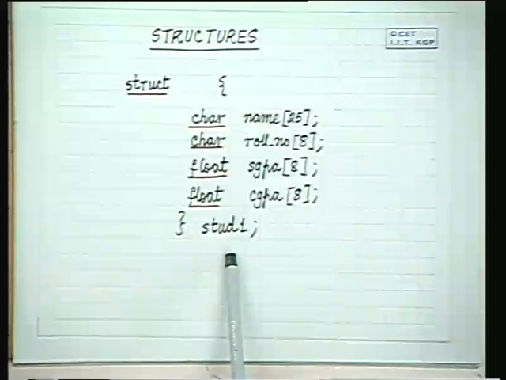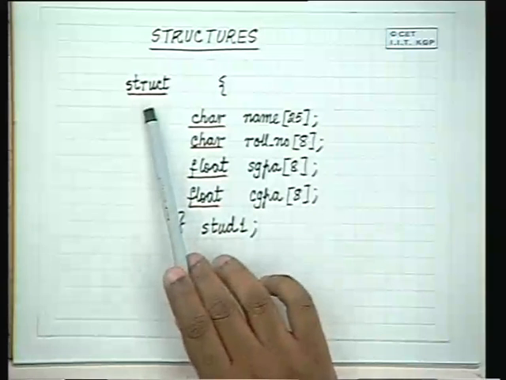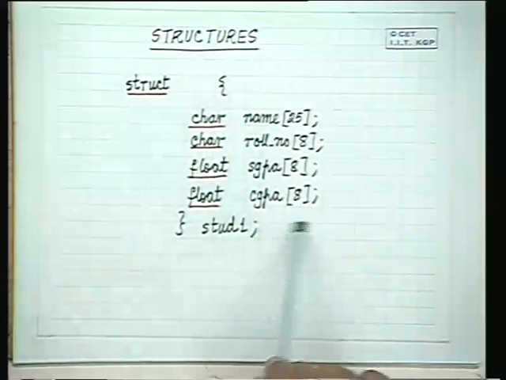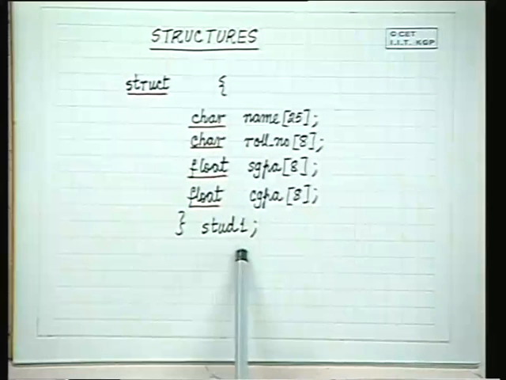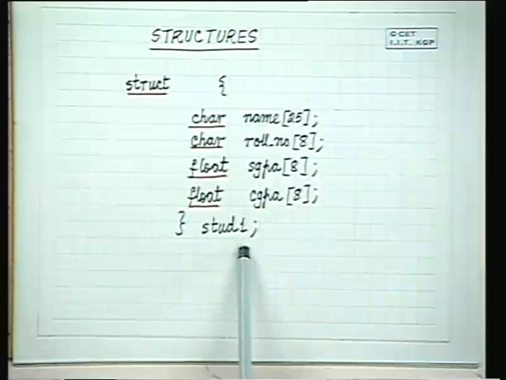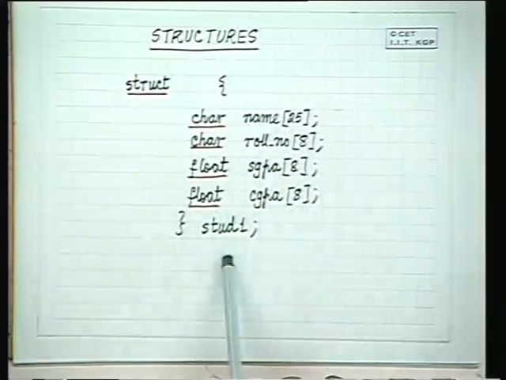We shall continue our study of structures, and we have seen in the previous day that structures are used for encapsulation of data so that they are represented in a more comprehensive format. And the examples which we saw for a student record, one way of declaring a structure variable was struct, and then within brackets you define the structure of that variable, and this is the name of the variable. And as soon as you declare this name, this area will be allocated to this name.